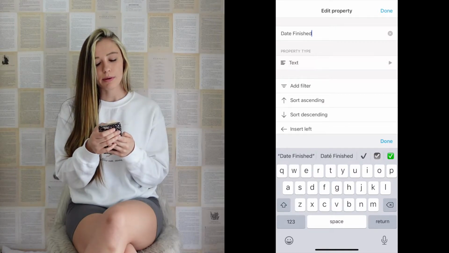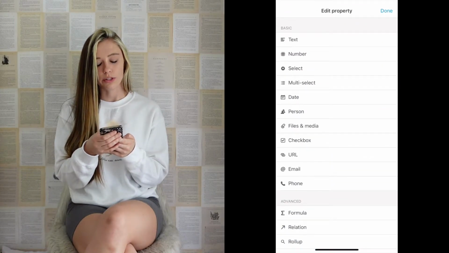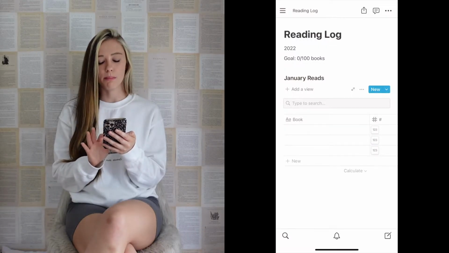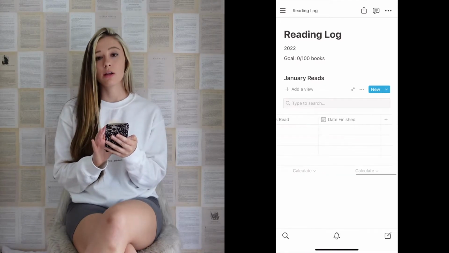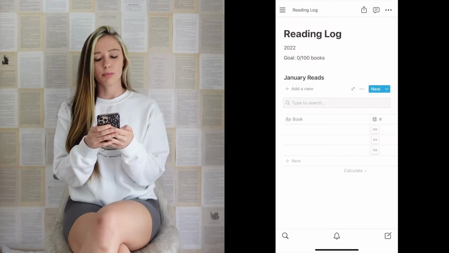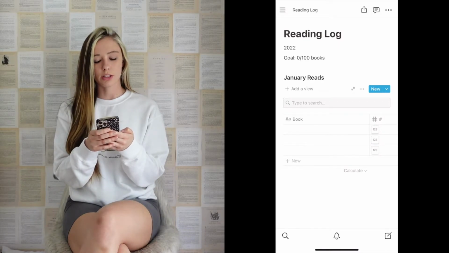You'll go to the property type, and for this one, you are going to press date. Okay, so now you should have a table with 5 columns: book, number, rating, pages read, and date finished. So I'm going to show you guys really quick what it'll look like when a book is inserted in there. So you're going to press on the first column under book,